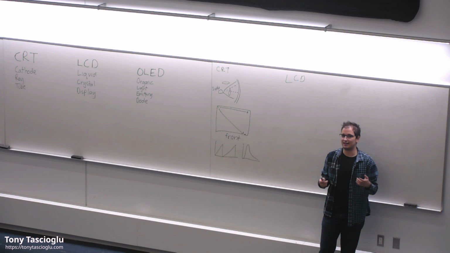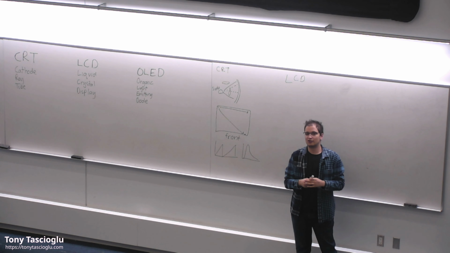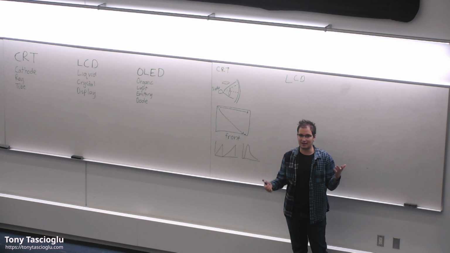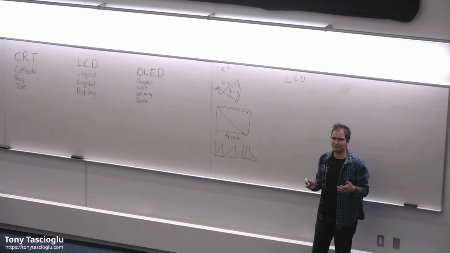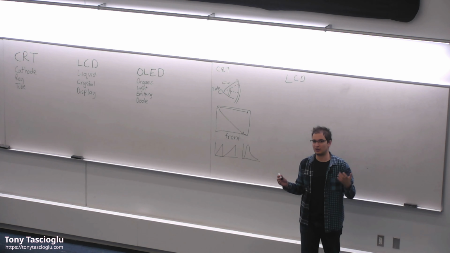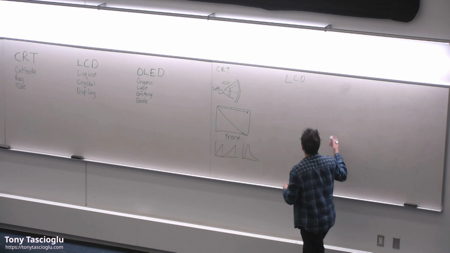So TFT LCDs are thin film transistors. That's basically, exactly as the name implies, you have a thin film of transistors, and you are actively driving the full display. Actively means you're providing a signal the whole time to each individual pixel. But essentially, if we look at it from the front,